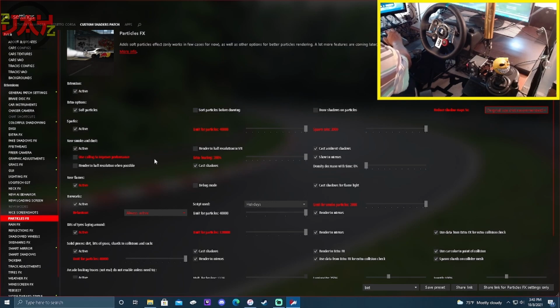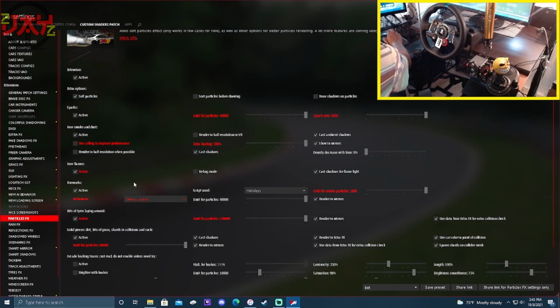New smoke, activate that, baby. That new smoke is definitely nice. And yeah, you definitely want to uncheck this. Okay, now this just takes a little bit more quality off the smoke to improve the performance. Okay, extra heating, you don't really need this that much, but I like it because it creates a